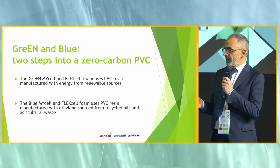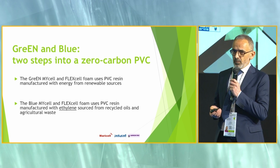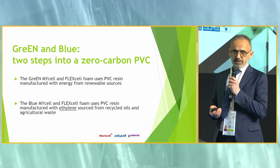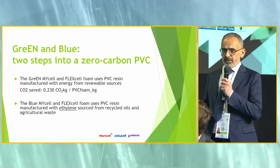One is the green version of the PVC foam, and second is the blue. The first, green, is using the PVC resin manufactured with energy from renewable sources. The second one refers to the blue circular economy, using for the PVC resin recycled oils from industrial waste and agricultural waste. In this way, we are saving with this version